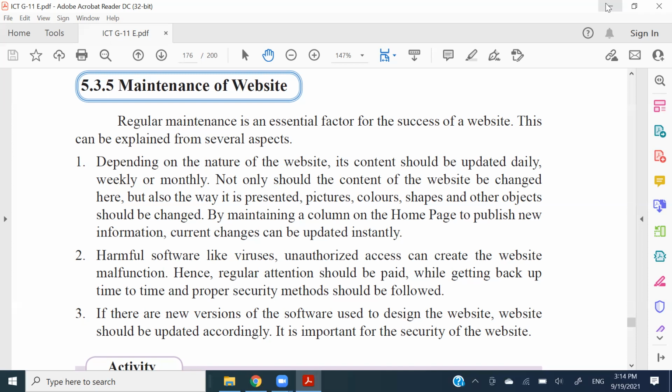Then the second point says harmful software like viruses and unauthorized access can create website malfunction. Hence, regular attention should be paid while taking backups from time to time, and proper security methods should be followed. Yes. And again,